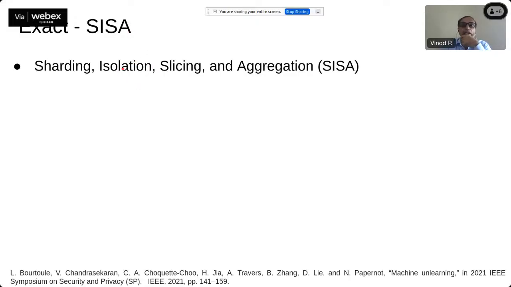So that is called training in isolation. The third point is called slicing. As we do in the conventional learning process in machine learning, we take a data set and divide it into batches. Here every shard is further divided into smaller sets, and each set is called a slice. Finally, the output of all submodels is aggregated using a certain aggregation function, maybe majority voting or weighted averaging, and then eventually the final prediction is made.